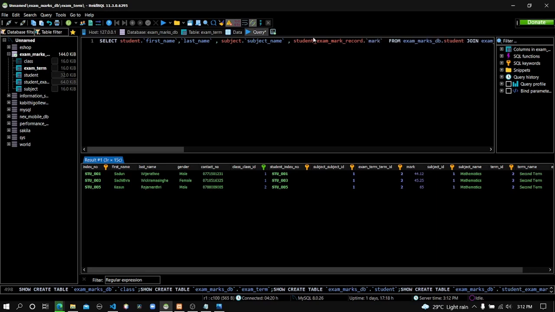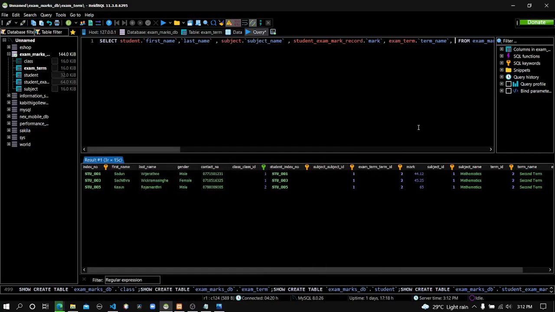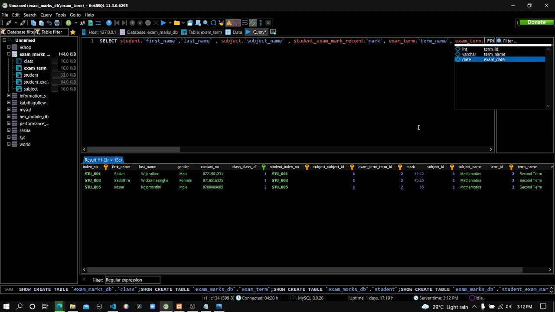Okay, and here's the other one. We have to show the term, actually the term name of that examination. So it's stored in the exam term table. So exam term table, and then the term name, and here's the last one, the date of the examination. Okay, we have to show the date. So date is also stored in the exam term table, and here's the exam date,